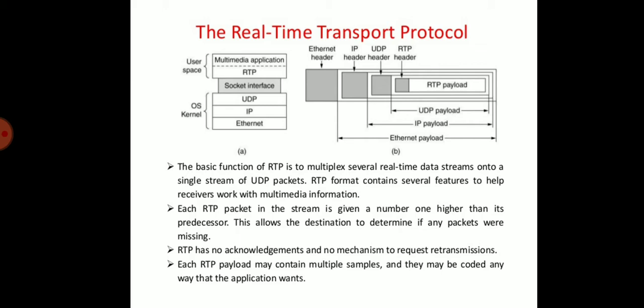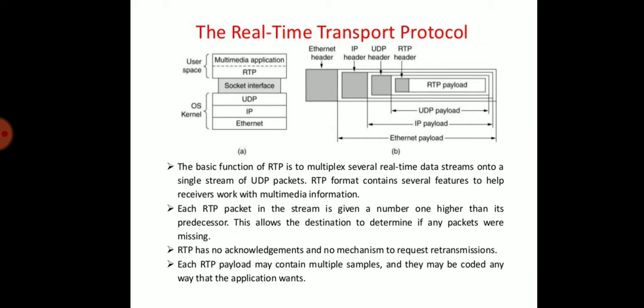The Real-time Transport Protocol runs over the User Datagram Protocol. RTP is used in multimedia applications such as video conferencing, music on demand, and video on demand. Audio, video, and text are the content of the multimedia. Multimedia applications also contain other types of data streams. All this data is handled by the real-time protocol library.